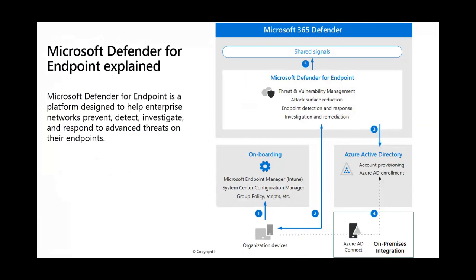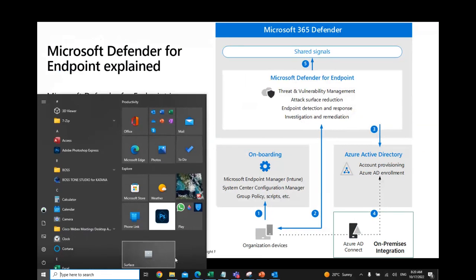So we can join devices that we have not enrolled into an on-premise and the ones that we have into the on-premise also with the onboarding process. This onboarding process, with a script or with an agent deployment, installs the agent and communicates the agent with the cloud service that is Defender for Endpoint, basically. So eventually, by following some of the steps, it will work. If we wanted to see it as a demonstration,